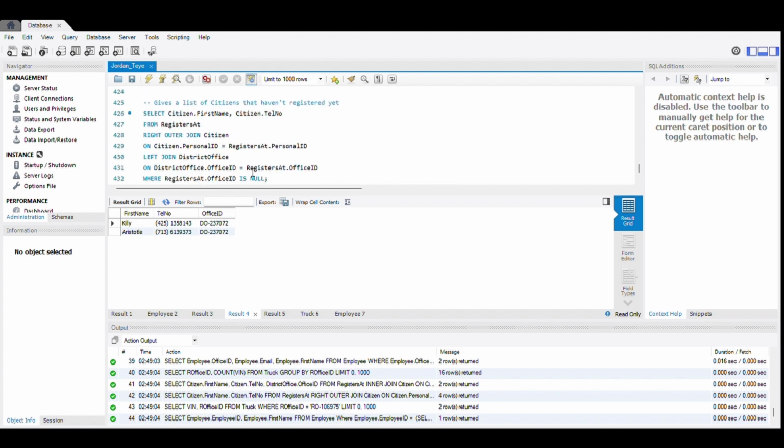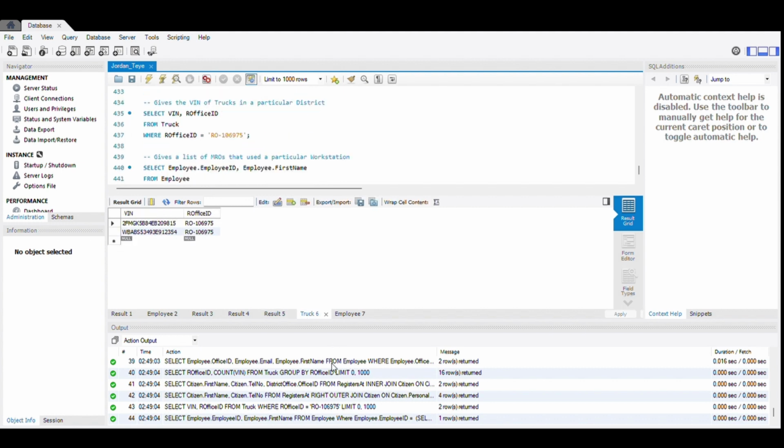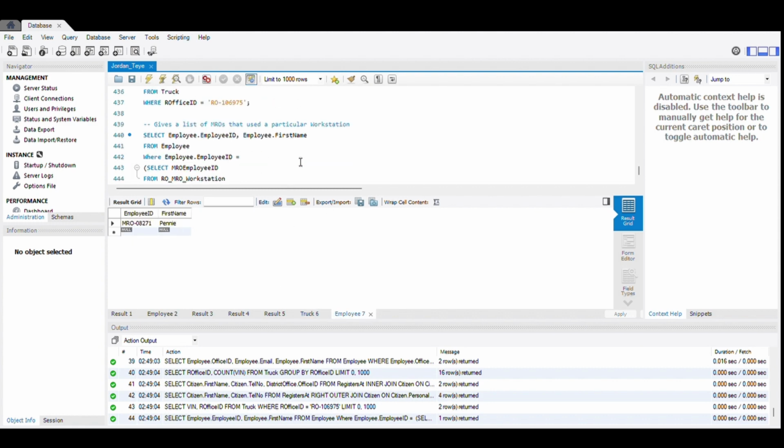And then we have a list of citizens that haven't registered yet, which is here. So this just returns all the citizens that don't have an office ID linked to them. And then the next one gives the vehicle identification number of trucks in a particular district. So in a particular district office, all the trucks that go to that district, so it can either be 1 or 2. And then for the final one, we have a list of MROs that use that particular workstation,